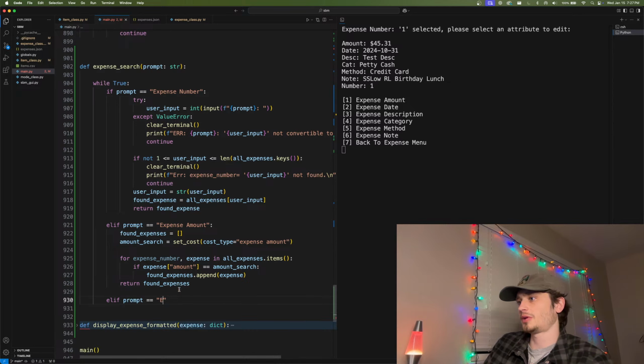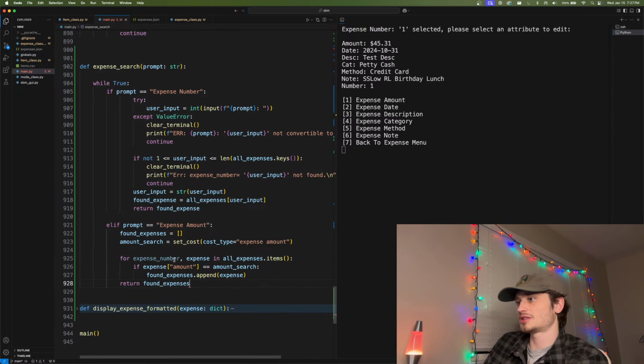Hold on, I think we can refactor this one down. Let's say this. Or prompt equal expense date. We have found expenses, item search cost for the cost type equals to